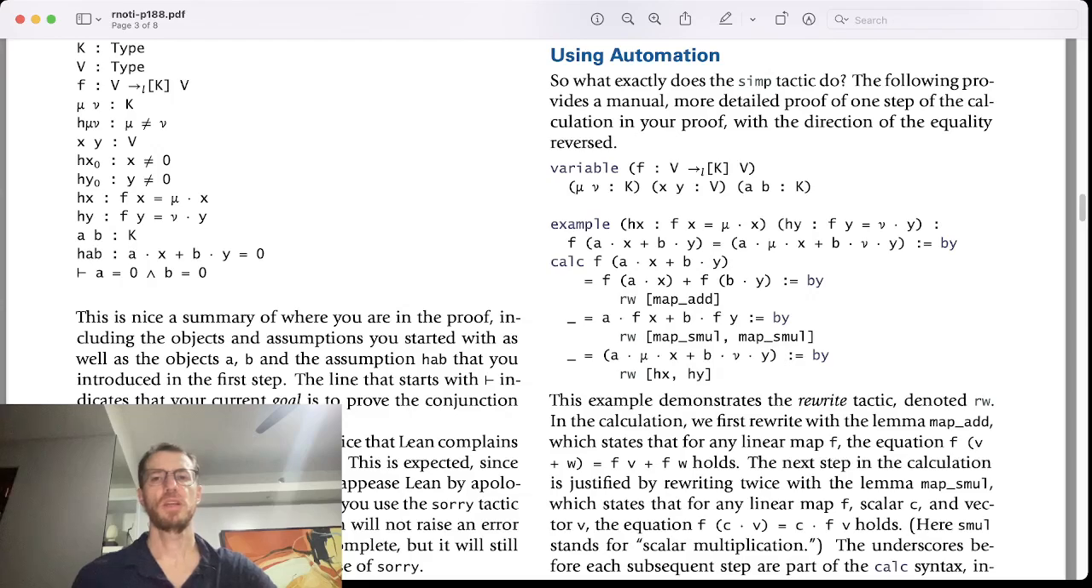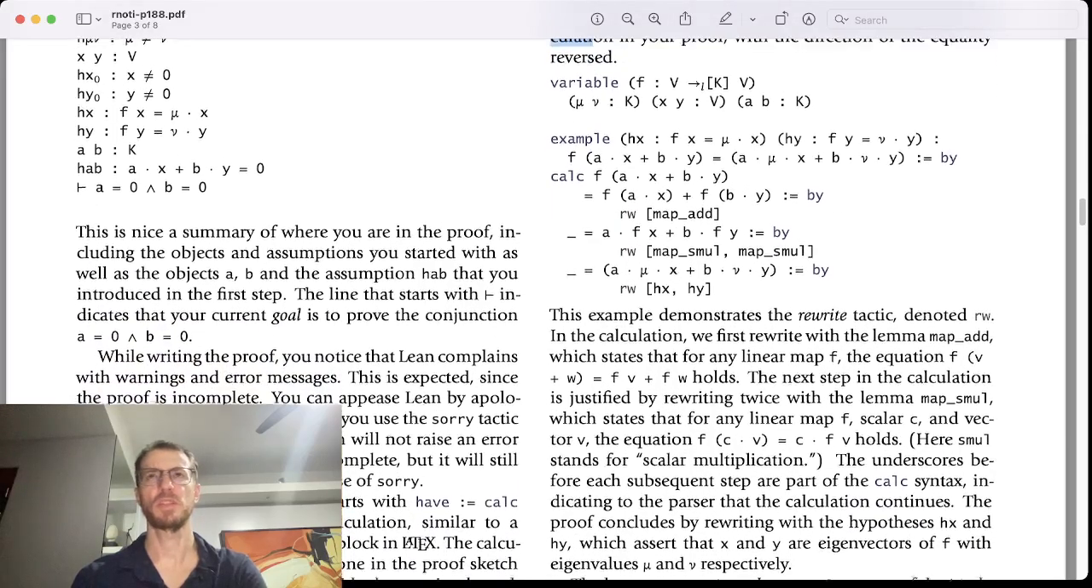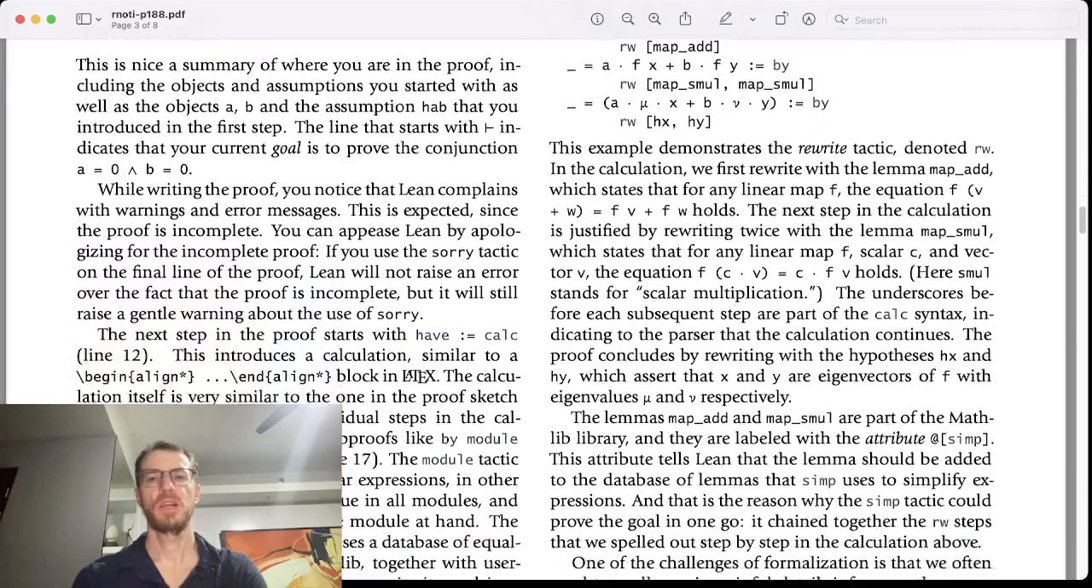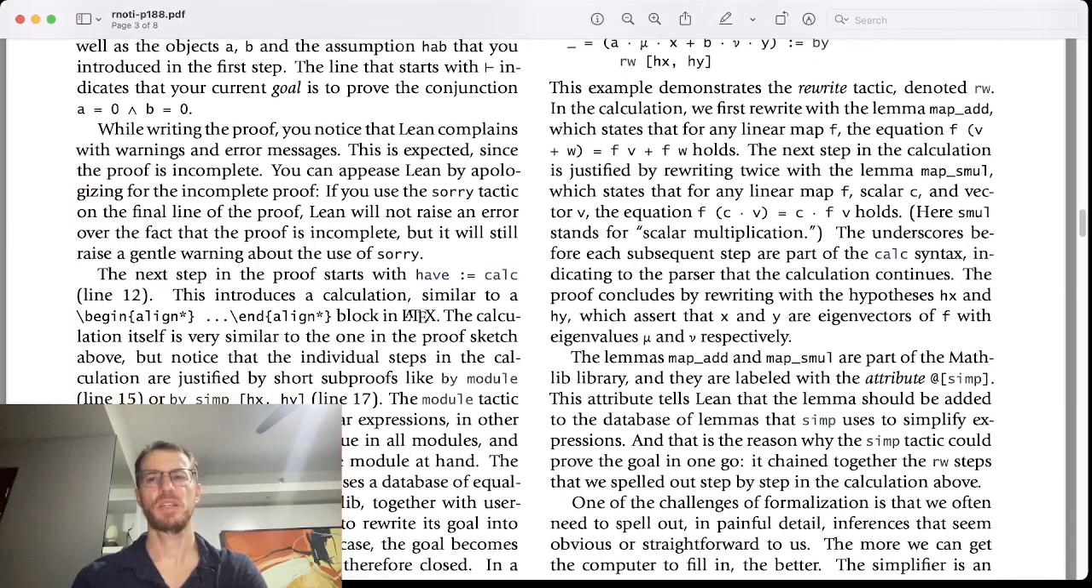Using automation. So what exactly does the simp tactic do? The following provides a manual, more detailed proof of one step of the calculation in your proof with the direction of the equality reversed. I'll skip all this soup since it's machine generated. This example demonstrates the rewrite tactic, denoted RW. In the calculation, we first rewrite with the lemma